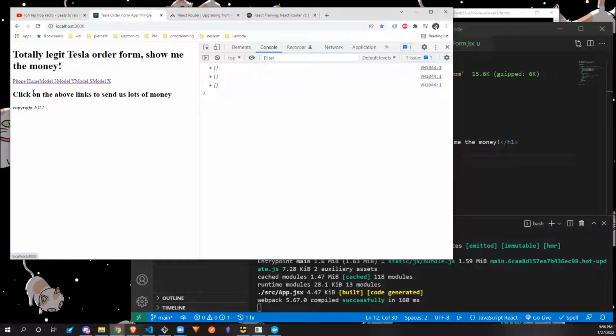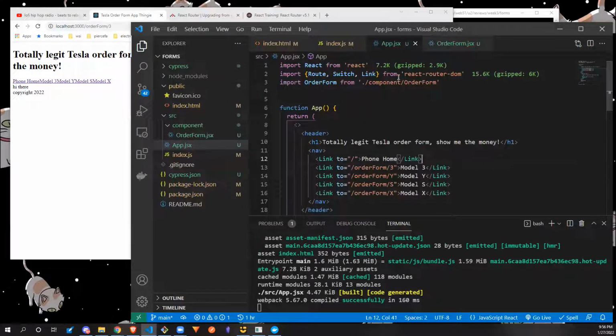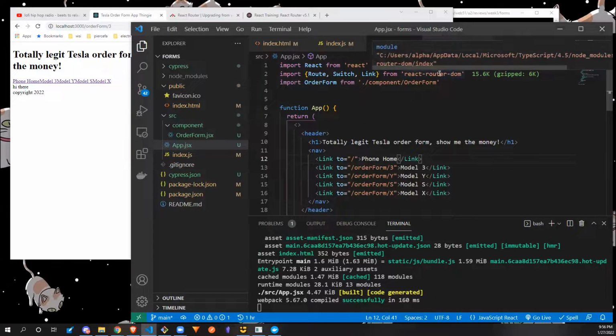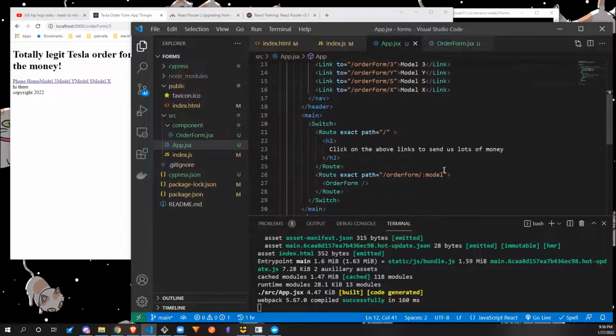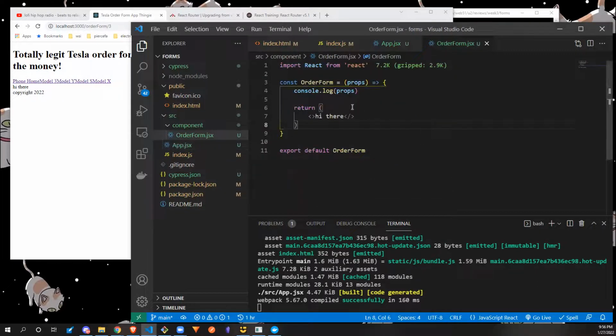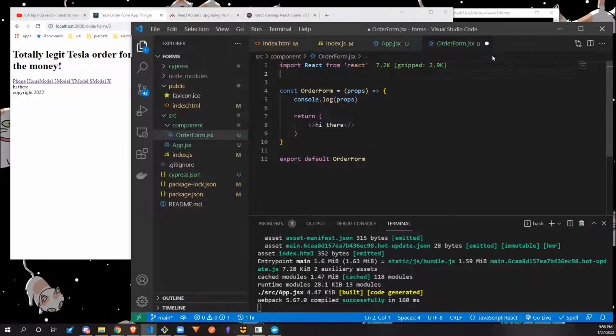Model X, home, Model S, home, Y, 3. All right, so completely useless so far. We don't even know what model we're dealing with. So this is where this name comes in. We've got this model here. So what we're going to want to do is